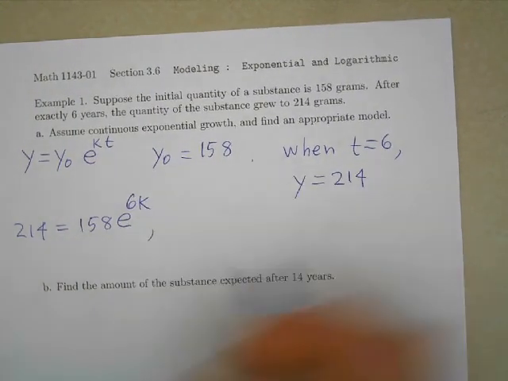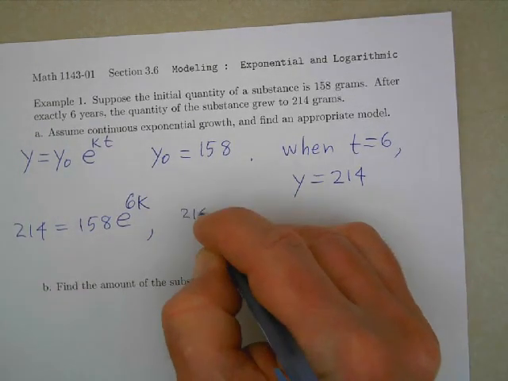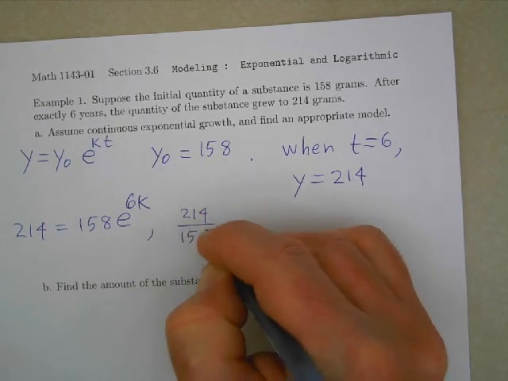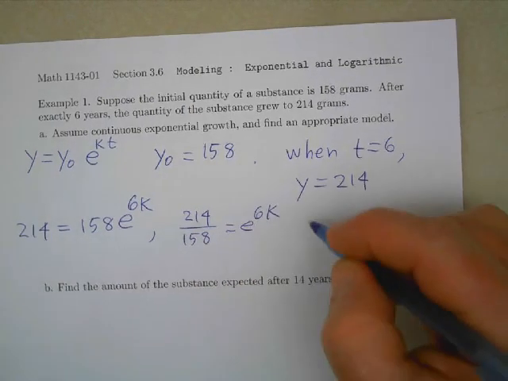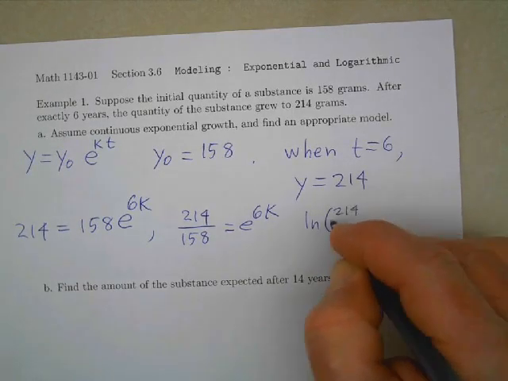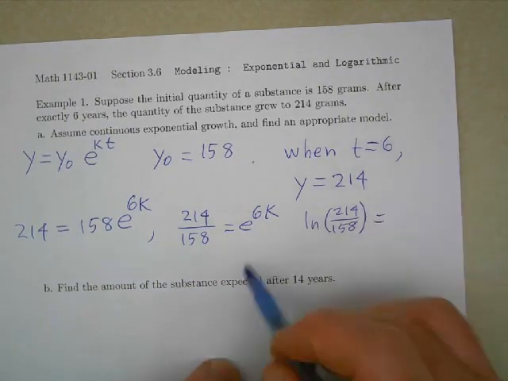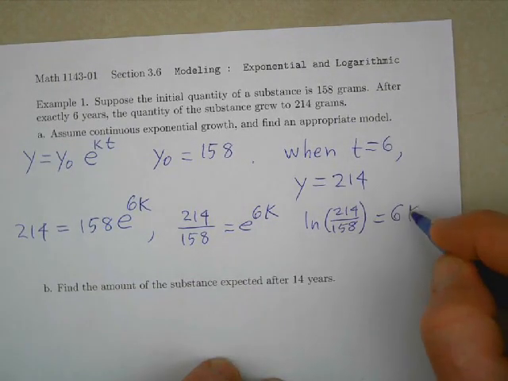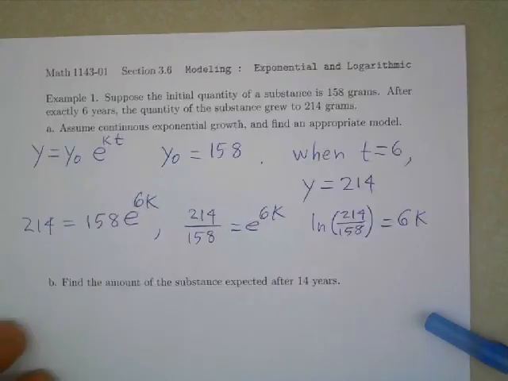So first divide both sides by 158. 214 divided by 158 equals e to the 6k. Then take the natural log of both sides, the natural log of 214 over 158 equals the natural log of e to the 6k, which is just 6k, and then divide both sides by 6. We'll continue this in